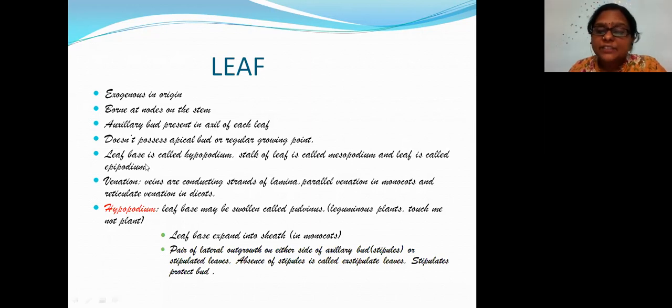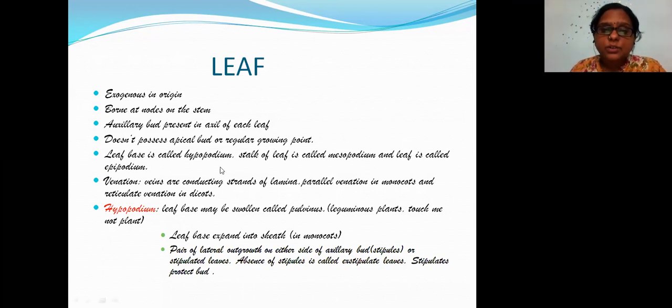Leaf base. You might have this name, leaf base. In our 11th standard they have given just leaf base, I think the label was also leaf base. The leaf base is the down portion of the leaf by which it is attached to the stalk, the pedicel of that. So that particular part is called the leaf base. That is actually called the hypopodium. The leaf base where you have the axillary bud and the pedicel is called the hypopodium.